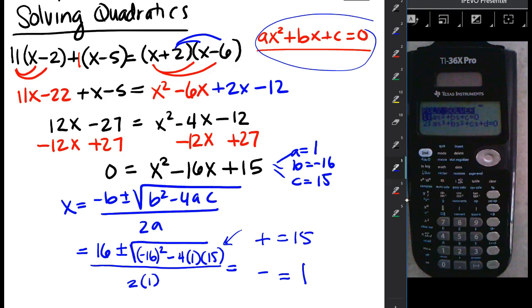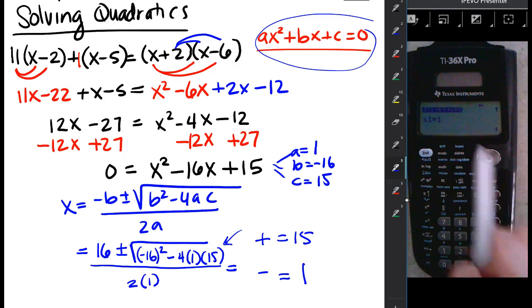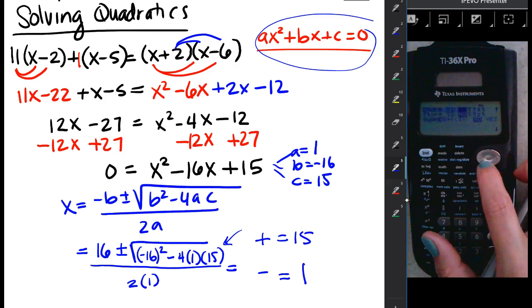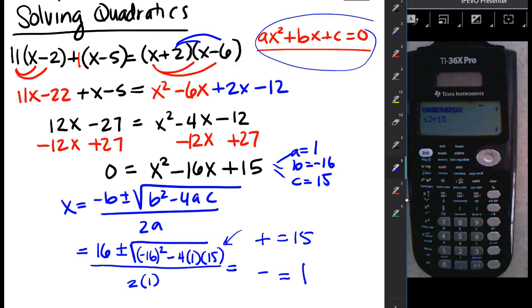Now, we just want to solve quadratics in this one. So we press enter, it asks us, what's our A? What's our B? And what's our C? And if we press solve, it tells us the first answer is 1, and the second answer is 15. So it'll even give you the nice little decimal versions when you're solving for your